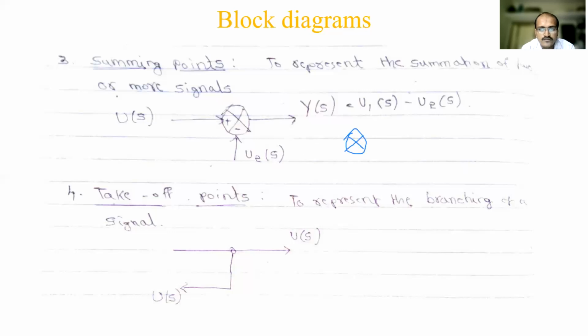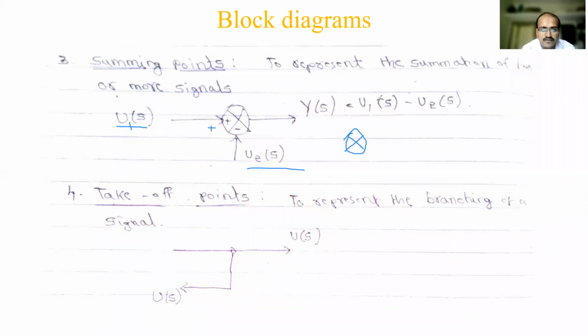Where the arrow is indicating the input, this is u of s, and it may be u1. Make the correction in notes also. It is u1 and this is u2. That means we are taking two inputs and we are going to subtract. How do we identify that? Where u1 of s is connecting, a plus will be written inside the box or outside. Most of the time in problems they write it outside only because it may not be visible properly. Either it can be written inside or outside.